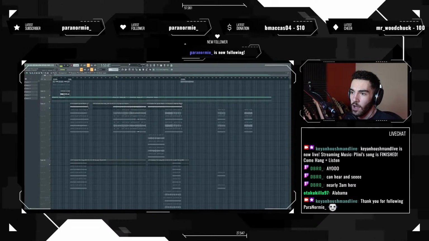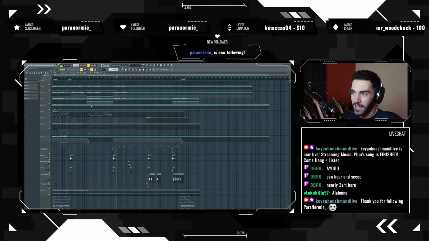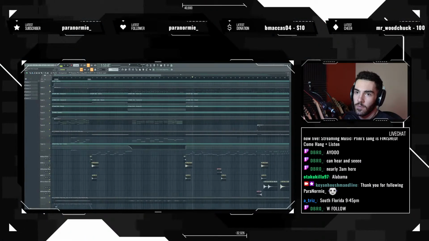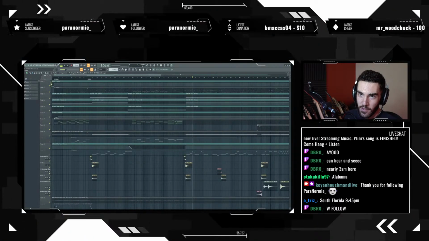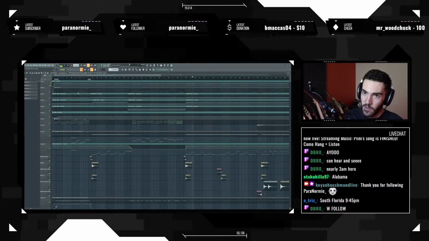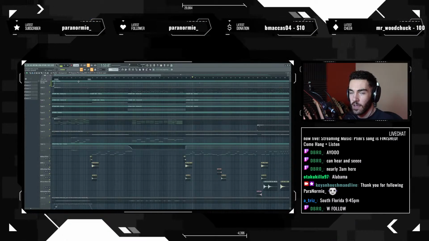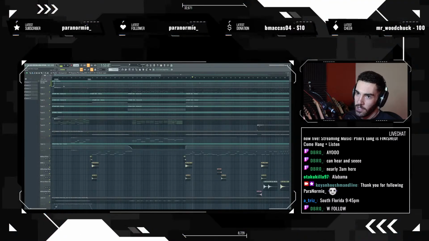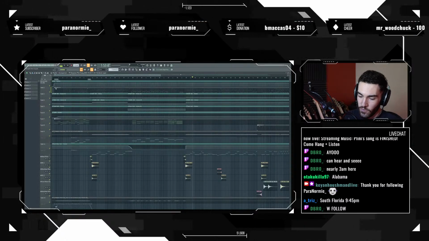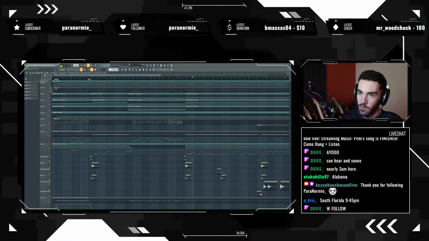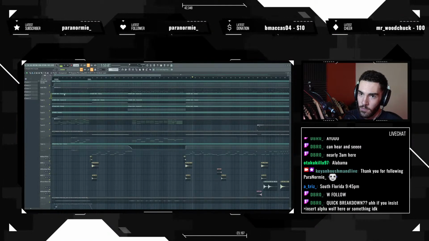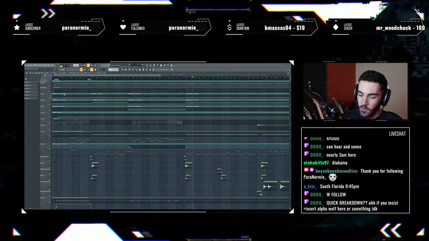I'll give a quick breakdown of what all of these layers are because there's a lot, right? So, I'm going to name them as we go because I'm probably gonna forget. So all these little blue ones are automation tracks. We've got master bus volume up here. Then we have the drum MIDI, right? So that's the drum MIDI. We then have, as you can see by the name, room bus volume automation.